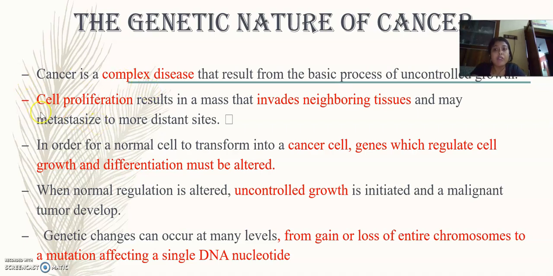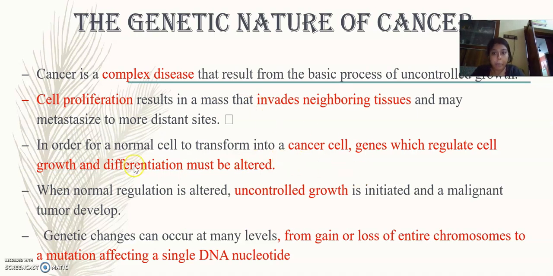But we have to focus that cancer is a cell proliferation, which results in a mass that invades your neighboring tissue, and ultimately it moves to different parts of your body, resulting in metastasis. That means the cell, due to its uncontrolled growth and division, loses its confinement and moves to different distant parts